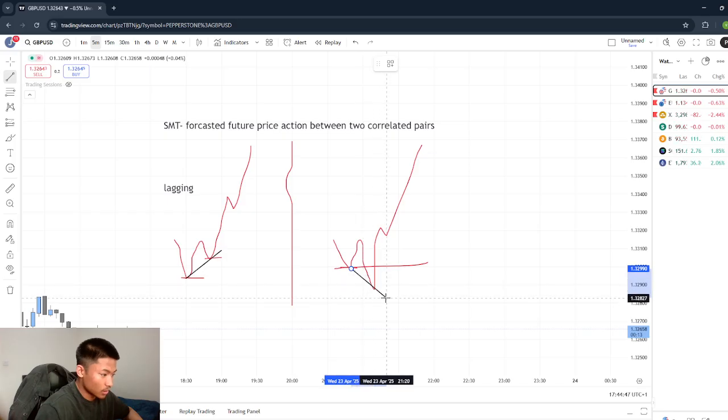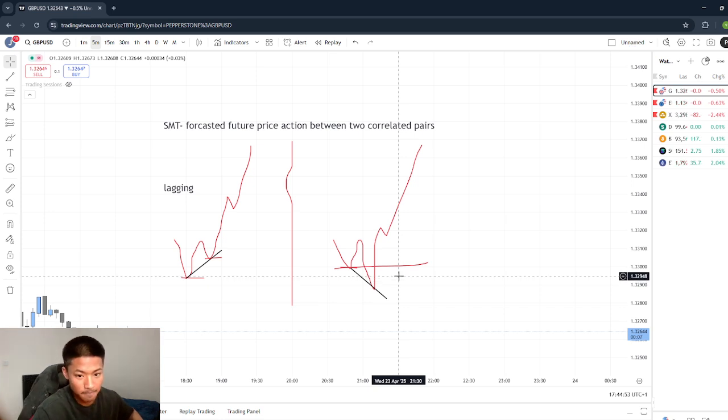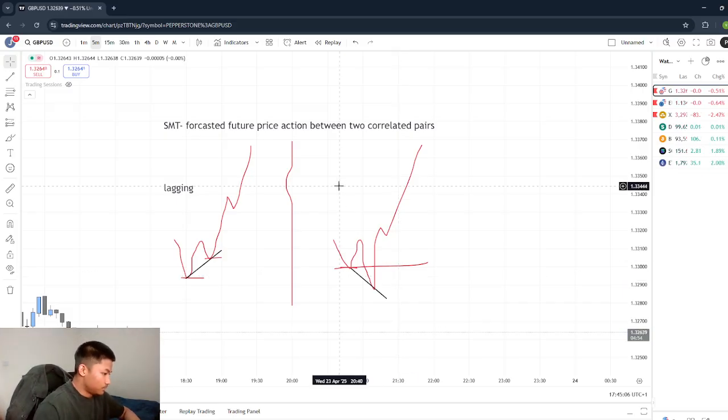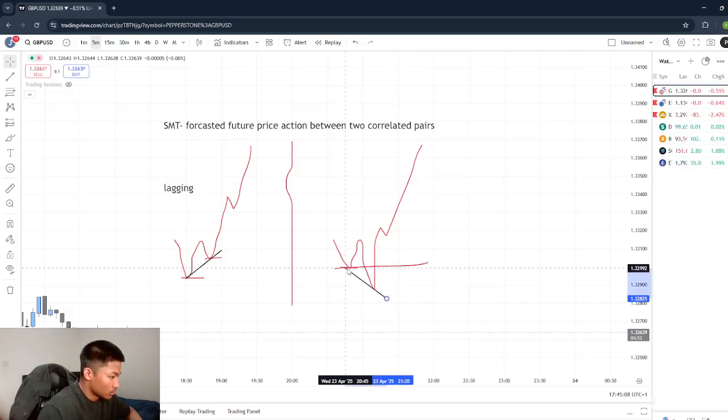And this is why traders use this. Like, I know some traders won't even trade unless they have an SMT. Is that probable? Because it's game probabilities, so you want the best edge against the market. So this is probably as good as a confluence gets. But troubles with SMT is